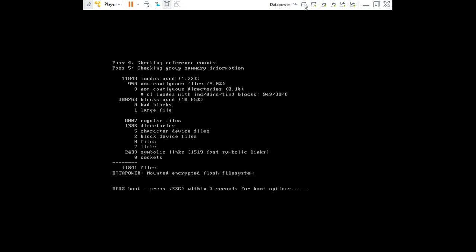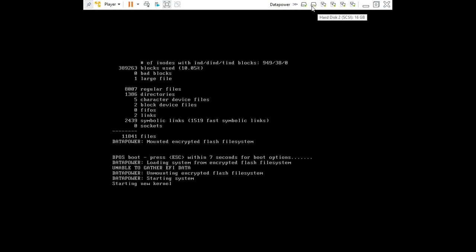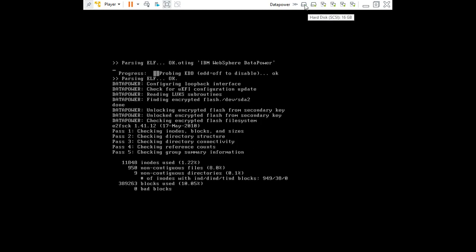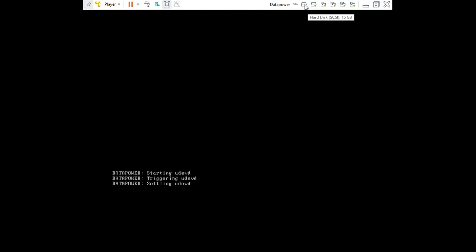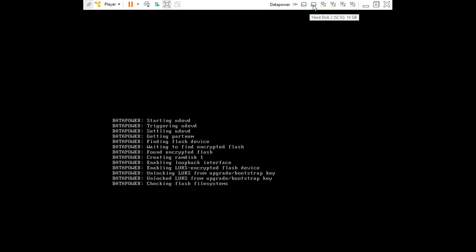Similarly here I have 4 processors running, and the first icon shows hard disk 1 and hard disk 2, each with a capacity of 16 GB. Including both it will be 32 GB. Up to 32 GB you can create the services inside the DataPower appliance, which is a fairly big size, that's fine.